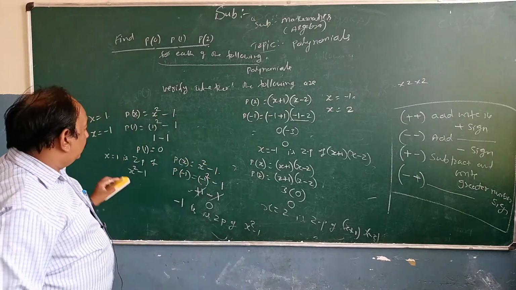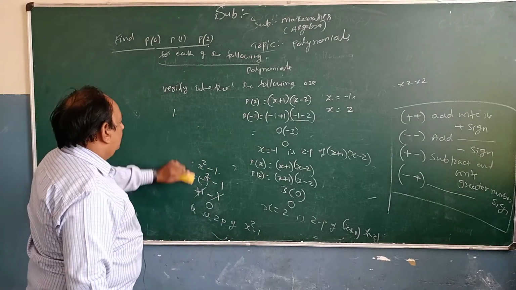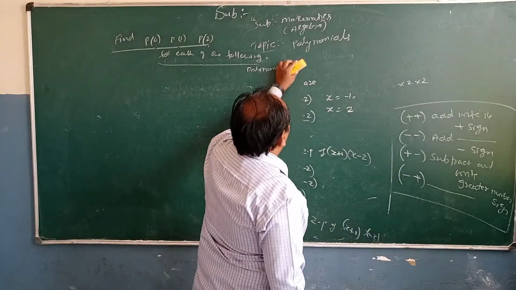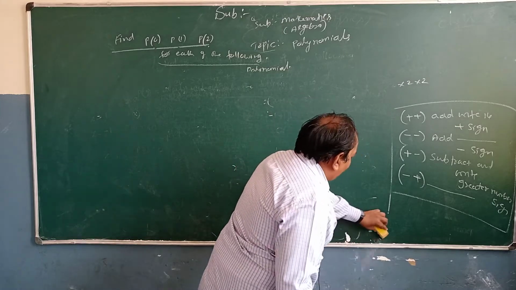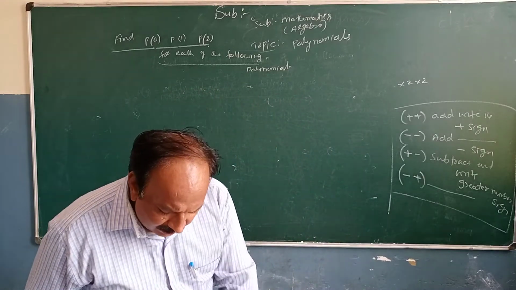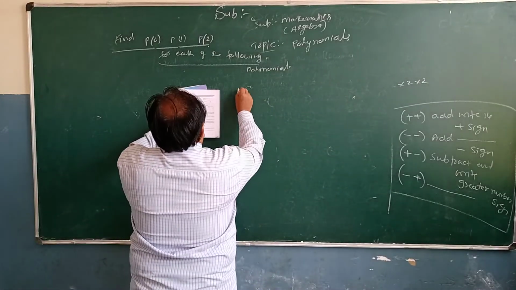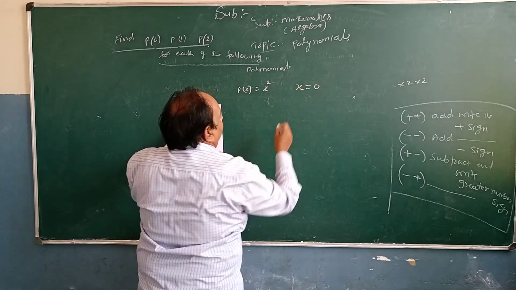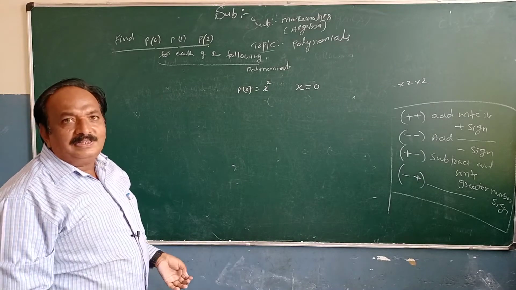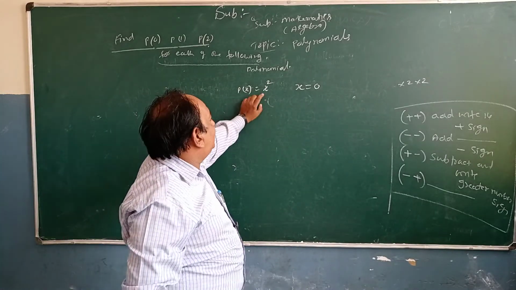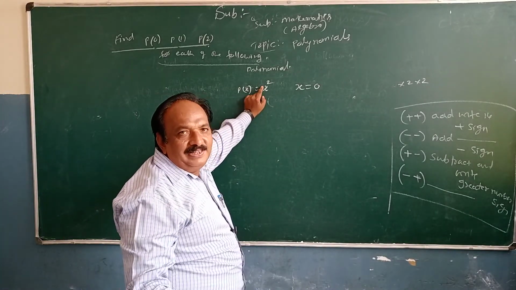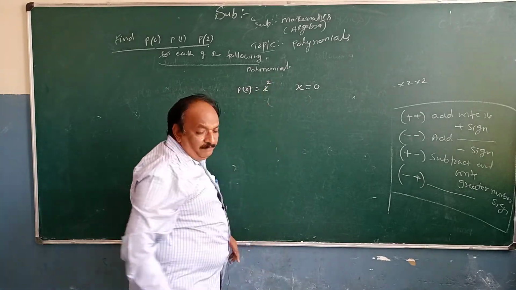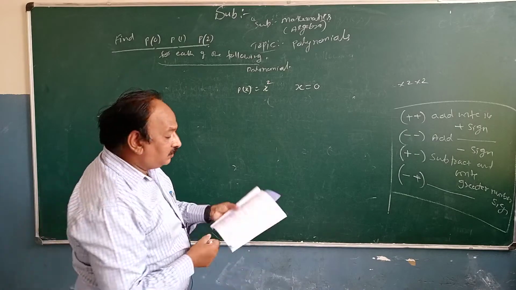Now, I will pass on to one more. When the problem is given, at once we answer. First one is p of x is equal to x square, x is equal to 0. Without calculating, we have to answer this one because 0 square is 0. So 0 is a zero of the polynomial x square. Next one is,